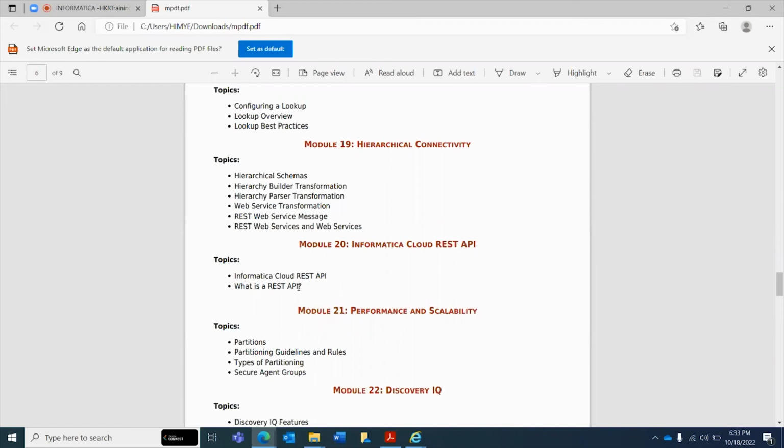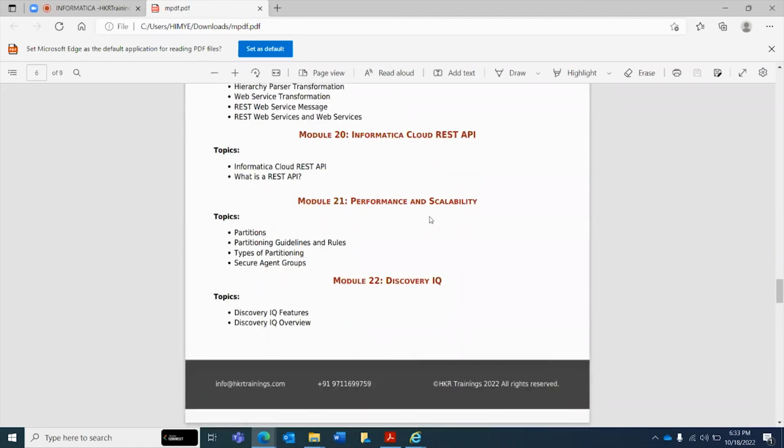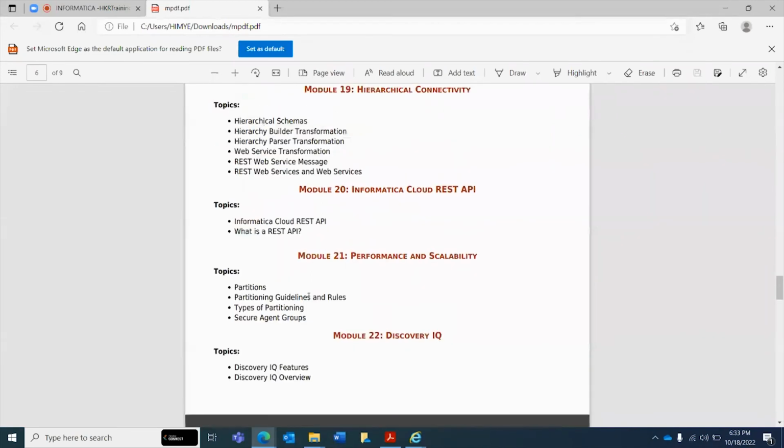And I'll be explaining what is REST API, SOAP API. And coming to this, to improve the performance we have to do some performance tuning, right? So these are all the performance tuning techniques, which is partitioning, and what types of partitioning are available in Informatica Cloud. Partitioning itself is to improve the performance, like if we have millions of records, how we split the records and send them into the target.